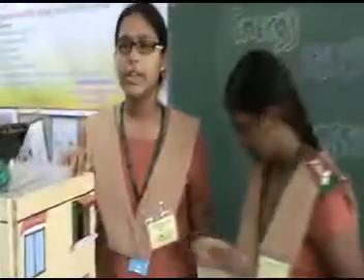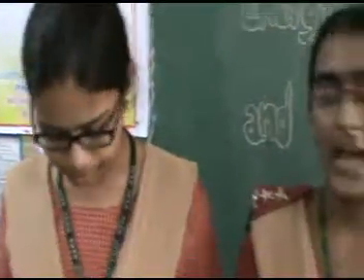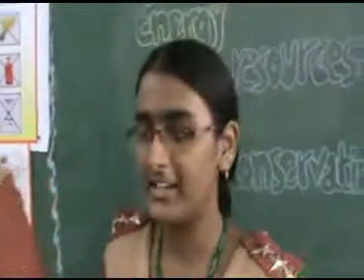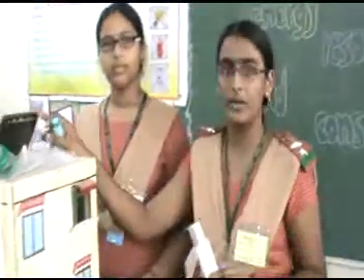A house with either of these types of wall insulation reduces the need for refrigerators and air conditioners and also reduces the number of fans in the house. This type of house cuts the power cost and also reduces harmful emissions to the environment. The annual energy consumption of a building can be reduced by using solar energy. In this building, solar energy is used in two different ways. At first, the solar light, and next, the solar water heater.